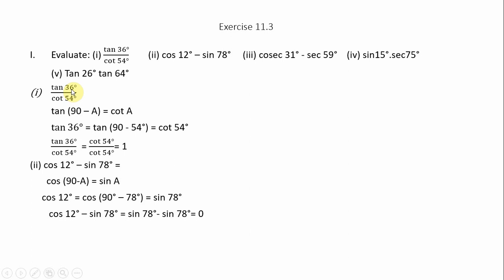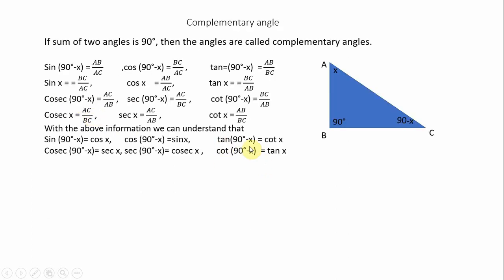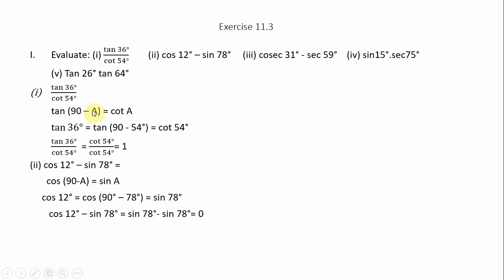So first, tan 36 degrees, you will be writing it as tan. Actually the formula is tan 90 minus a becomes cot a. I told you in the previous case, see here, tan 90 minus x is equal to cot x. So as usual, tan 90 minus a is equal to cot a, where the angle in the triangle is a. This is the formula I have written. Now, tan 36 degrees, the numerator I have taken. You can convert either the numerator or the denominator. There will not be any change.